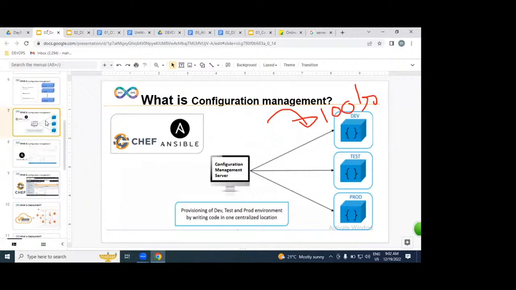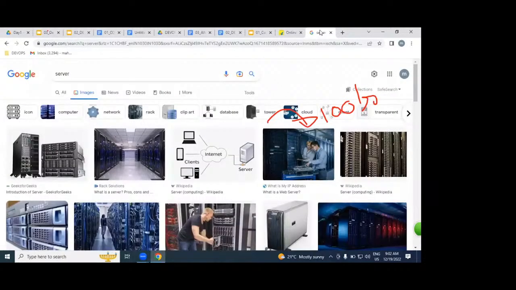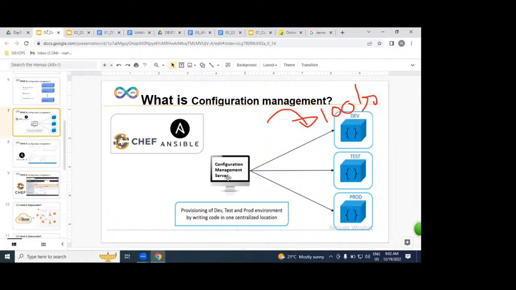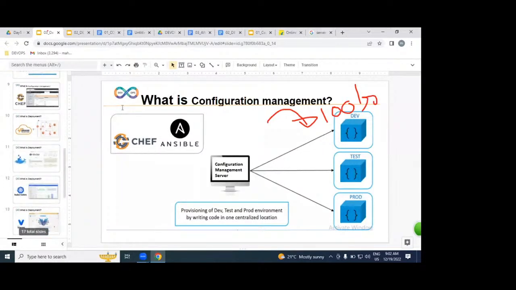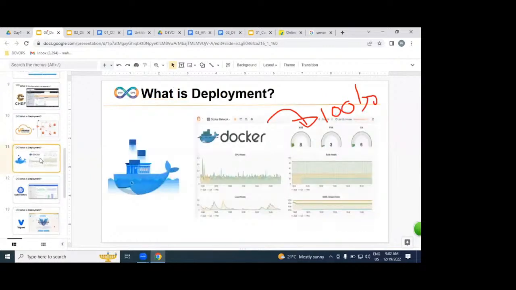Application. What is an application? Am I right? That is the first question only. I showed you only one server, but right now there are 100 servers. And where are the servers coming from? AWS. That is the point. Fine. But are we deploying our applications only on AWS servers? No. We can deploy our applications on Docker also, on a Docker container.